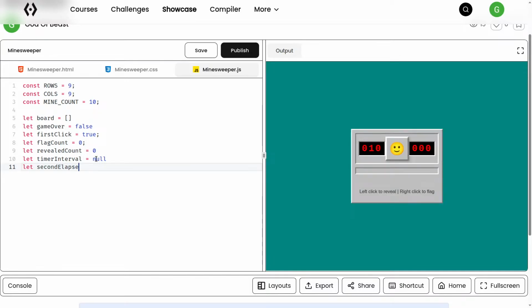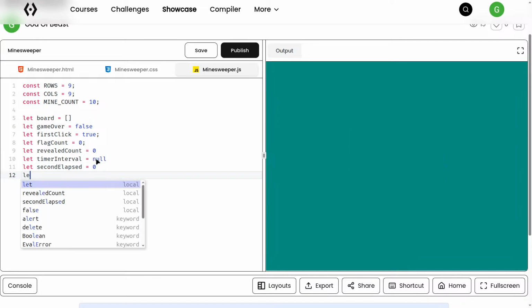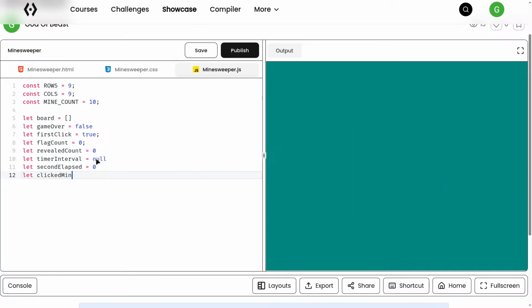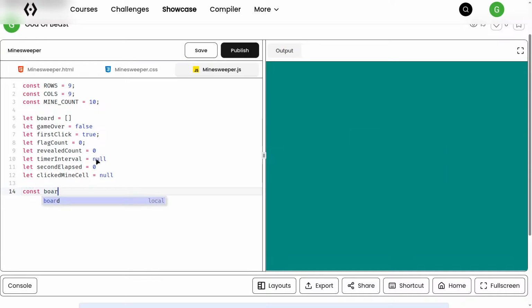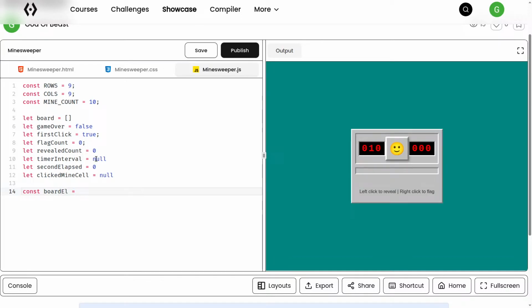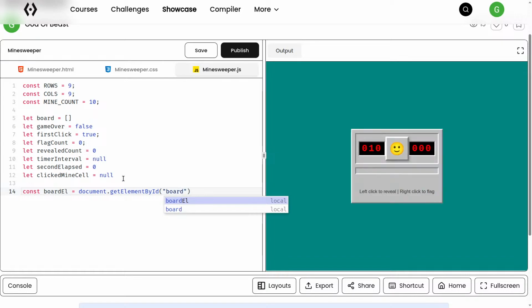So we'll do seconds elapsed. We'll just put it to 0 for now. Also do let clicked mine cell equals null. So that is all of the game variables. Now we can put all of the DOM elements. So we'll do boardEl equals document dot getElementById. Right, we'll get board here. We'll just copy